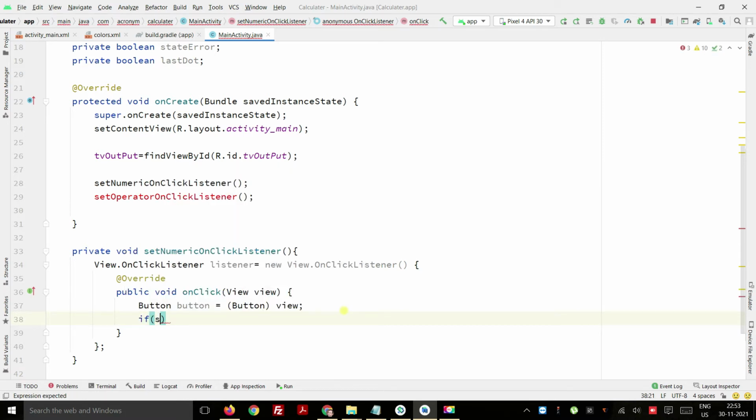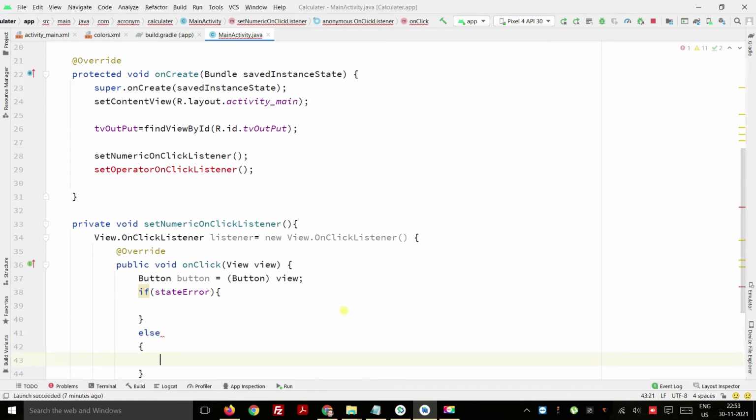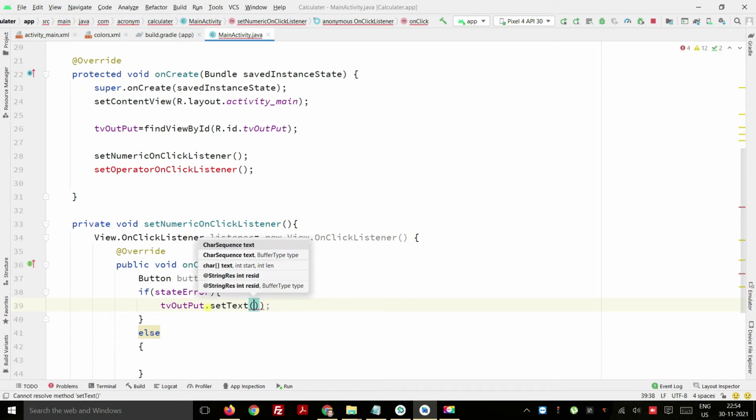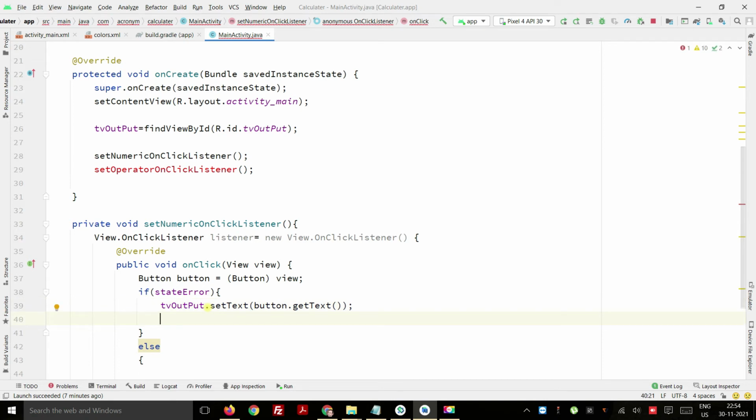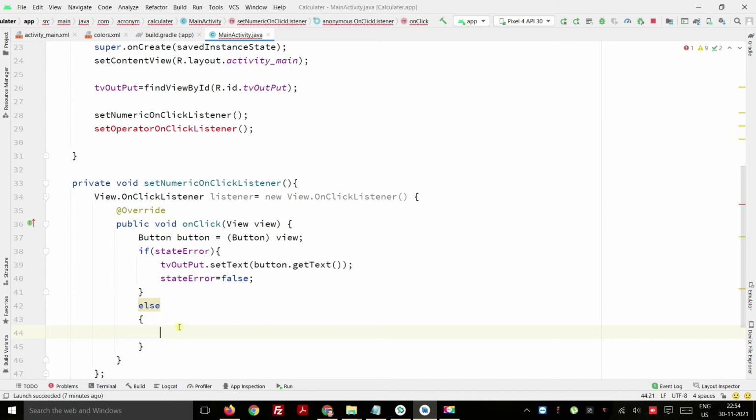If there is no error, we can proceed simply further, and else we will have the other expressions. So if the current state has some error, to replace the error message, we are going to do TV output dot set text, whatever the error is, button dot get text, we can simply set it on the text we have seen here, and then state error is turned to false.